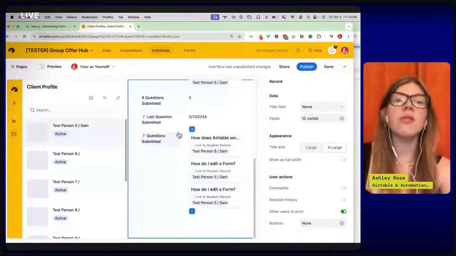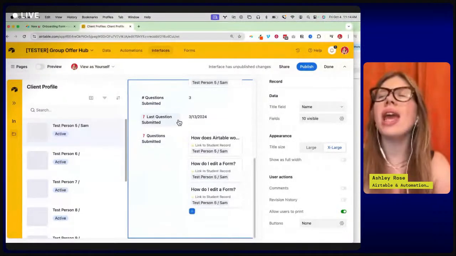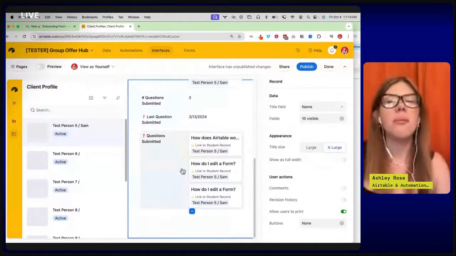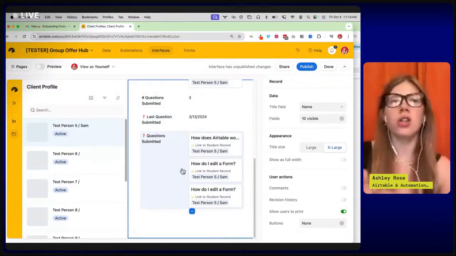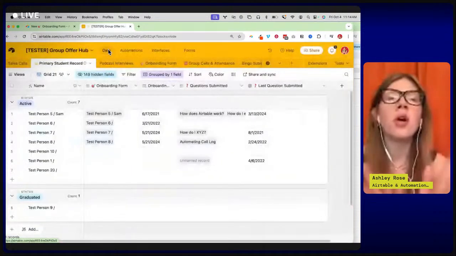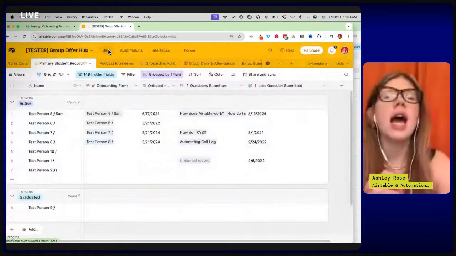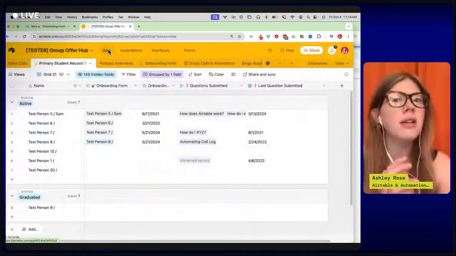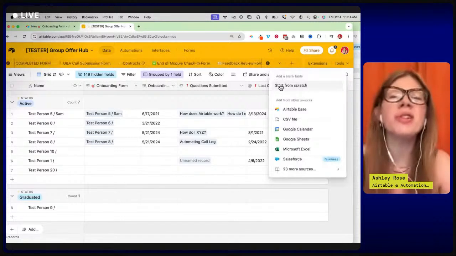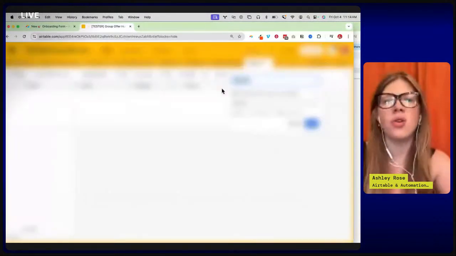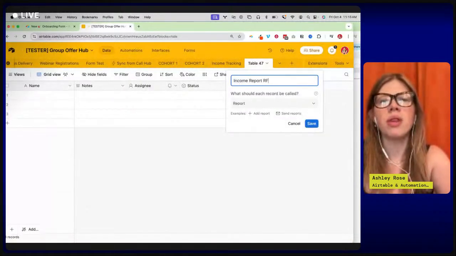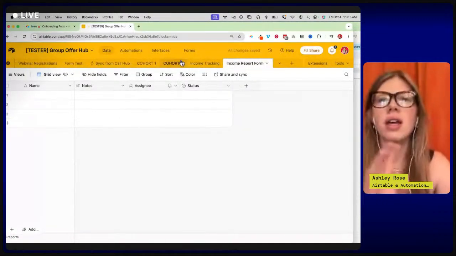Again, all of this information exists in your Google Forms, but you can't access it in this holistic way, which is why it's so important to break up with Google Forms and move all of your forms into Airtable. What I would recommend as a first start for anybody who hasn't used Airtable before or is really married to their Google Forms is, for each of your Google Forms, create a new table from scratch, called something like income report form. So each form is going to have its own table.